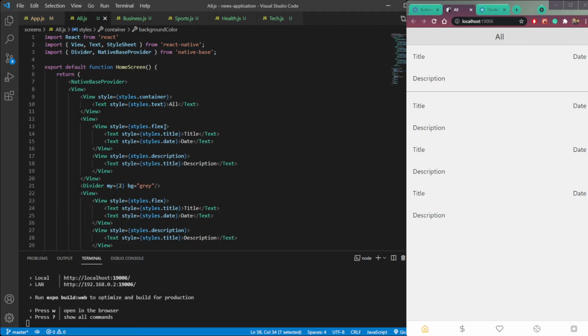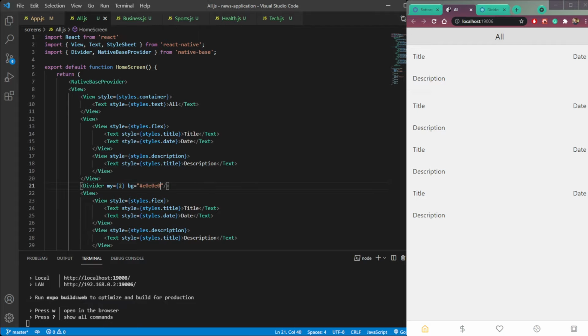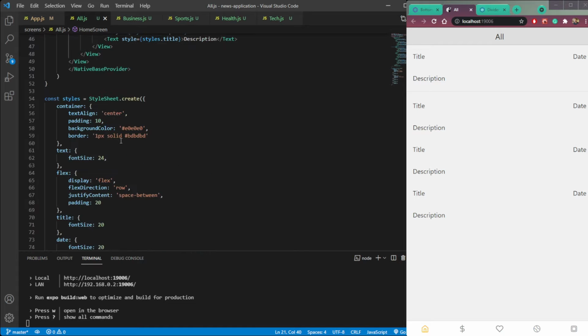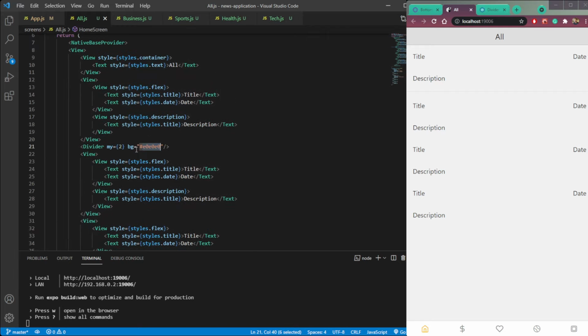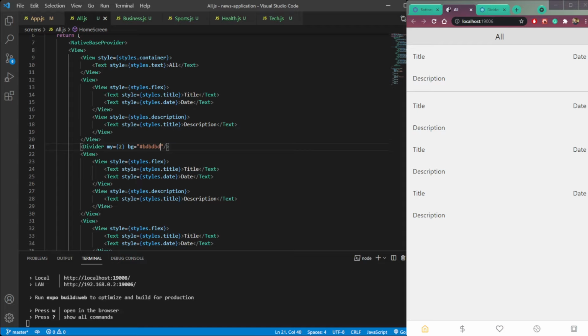So paste it here. Now let's check, but still it is very light. So let's check for this BD. So paste it here. You can choose any color that you want according to your UI choice.